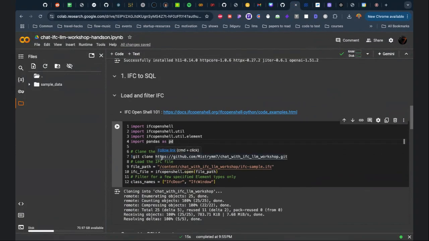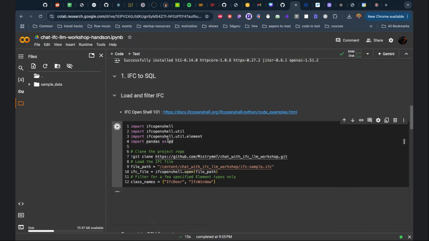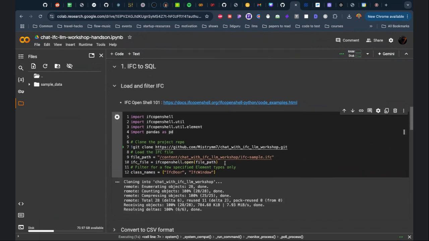So first, we don't have the 3D model IFC. So this command, if you click, we will download this. And if you click on this refresh button,